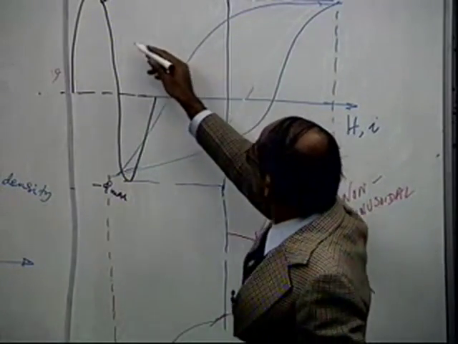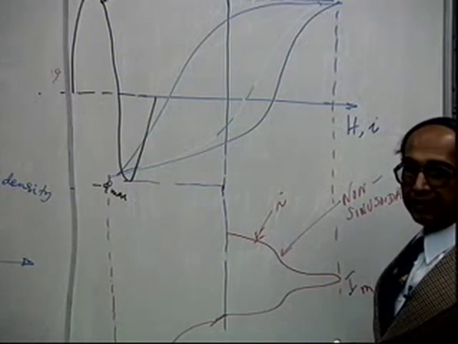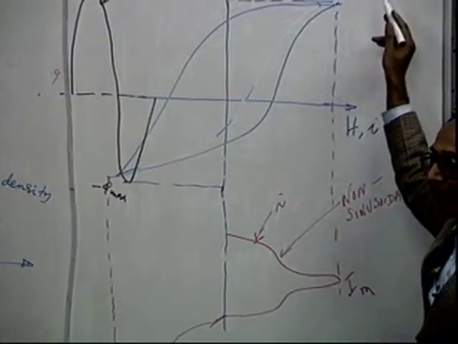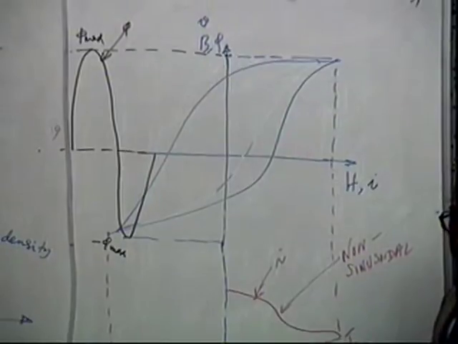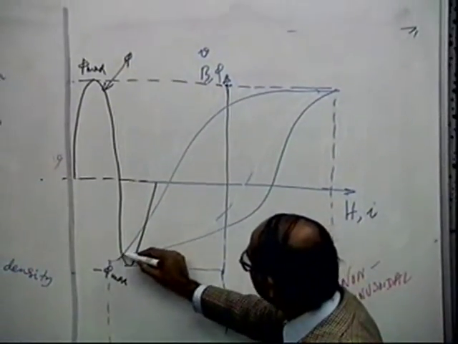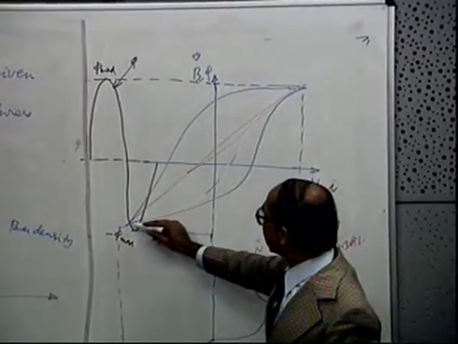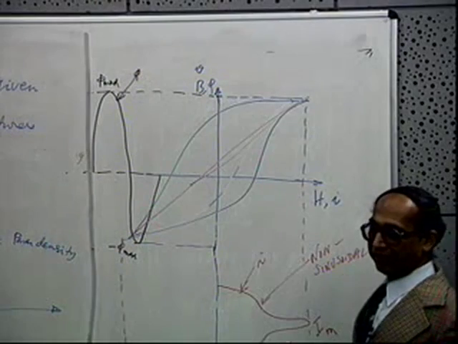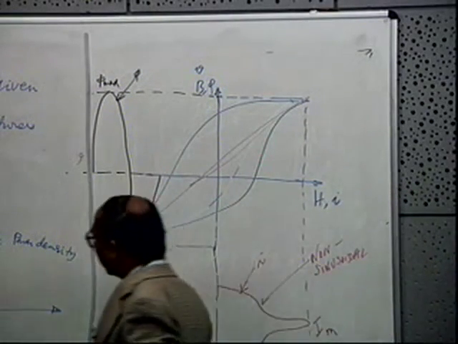But the intermediate points will have a different value, because the loop is not linear. When will this be sinusoidal? When instead of this you have a straight line like this, only then, because if it is a straight line, then each one will have a linear relation. Since this is non-linear, you will find the next phenomenon is